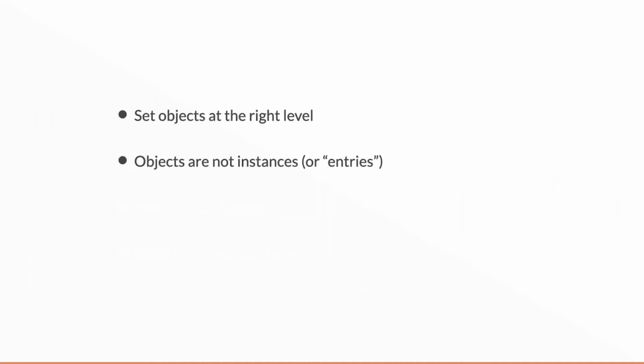Second thing to say is, objects aren't instances or entries. In other words, the Lady Margaret Hall might be an instance of a lecture theatre, but the important object to put in our map is lecture theatres, because there's another one down the road, and then there's 3 others somewhere else. So lecture theatre is the object. The name, Lady Margaret Hall, is an instance of it. So we're dealing with objects.